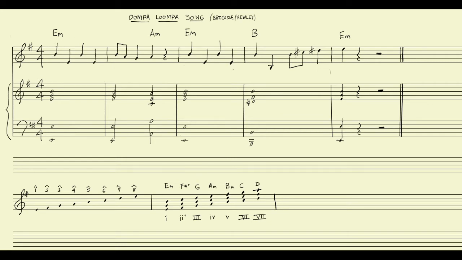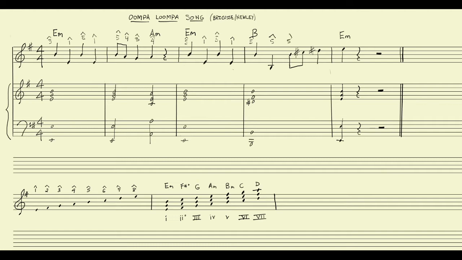So we have a B, which is scale degree 5. Then we have an E, which is scale degree 1, or the tonic. Then a B, which is scale degree 5, an E, scale degree 1, a B, scale degree 5, an A, scale degree 4, a G, scale degree 3, an A, scale degree 4, then a B, scale degree 5, an E, scale degree 1, a B, scale degree 5, an E, scale degree 1, a B, another 5, lots of 5s and 1s here, then down to another 5, and then a B, which is another 5,